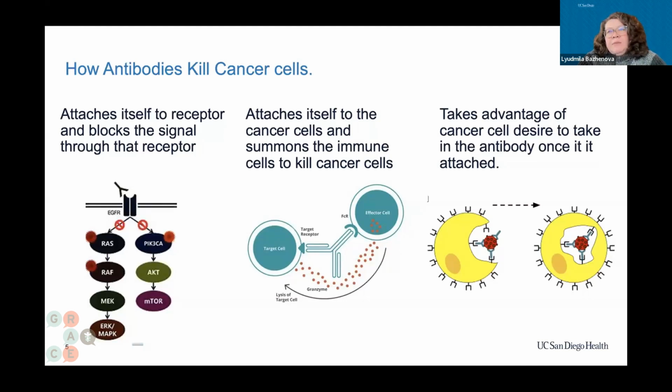And the third ability of monoclonal antibodies in general for killing cells, which is what the antibody drug conjugates are specifically hijacking, is an ability of the cell to take the antibody inside. Once the antibody is attached to the cell, the cell will engulf the antibody and put it in the middle. That's shown on the right side of the slide with a yellow cell. And you see that Y-shaped protein is going to be moved inside the cancer cells.